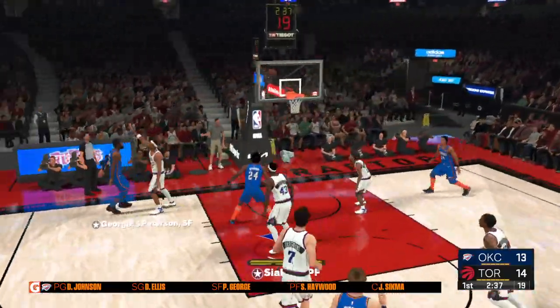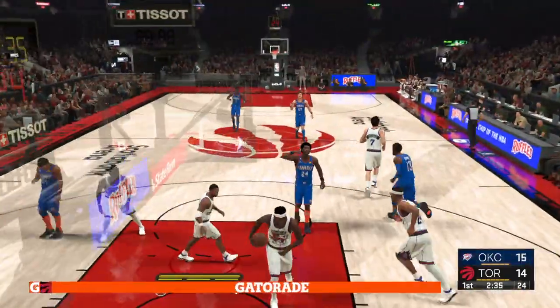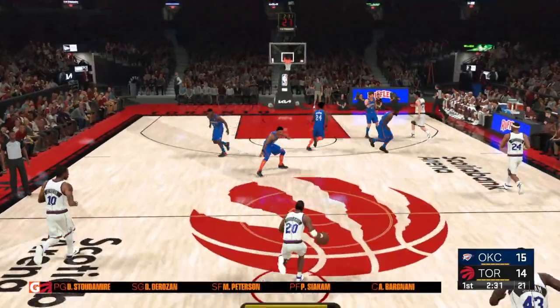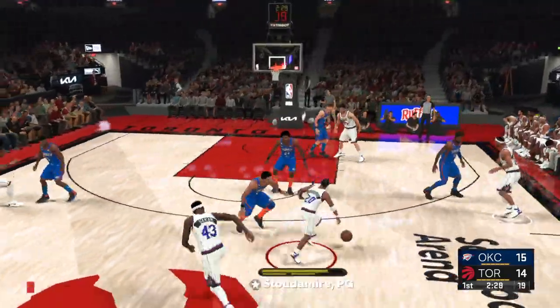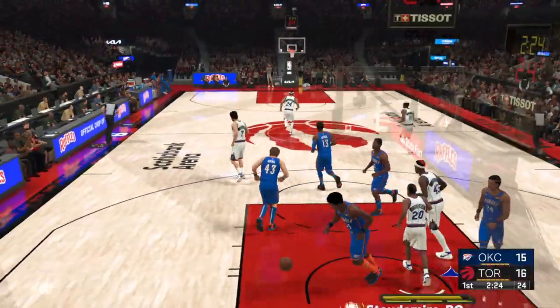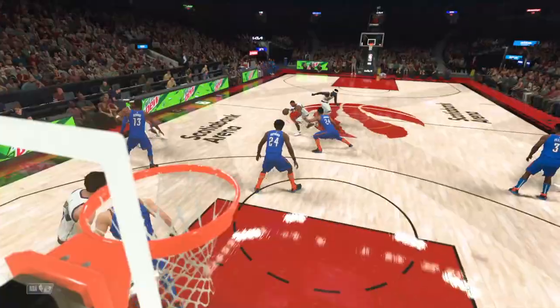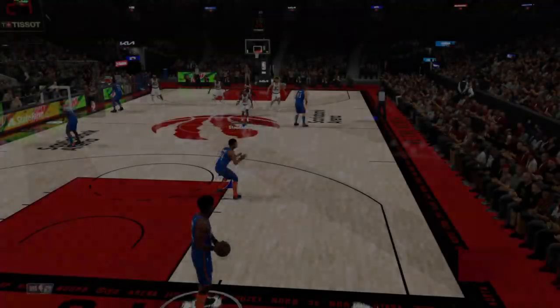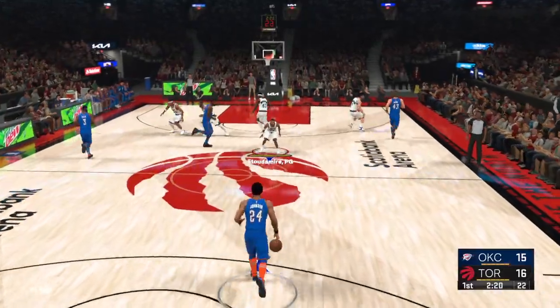fans. Here's George. And some very quick points for him on that possession. And that's a staple of George's offensive game. His mid-range J continues to just torch defenses night in and night out. Stoudemire with the bucket. Guys back and forth this first half. And this could continue to go back and forth the entire way. And so here is Oklahoma City.